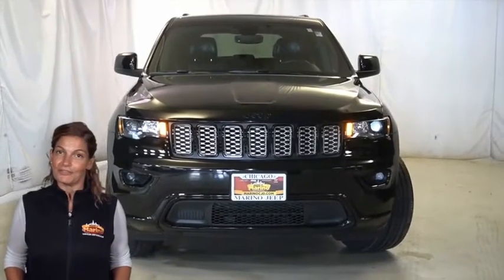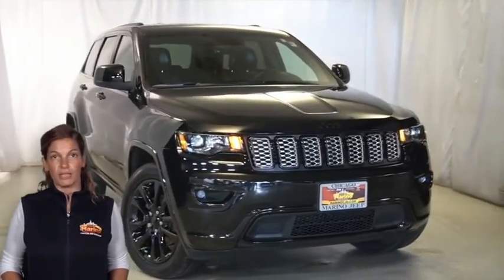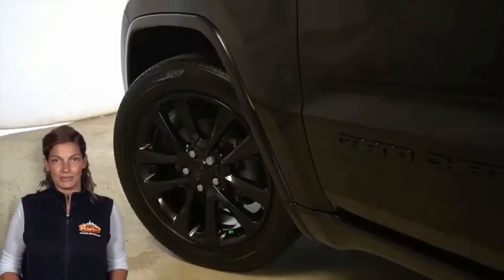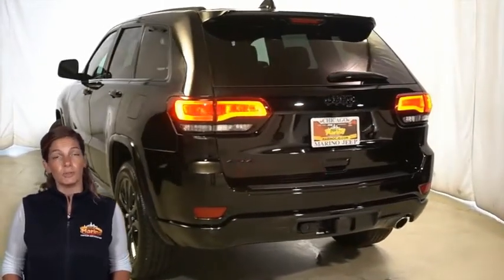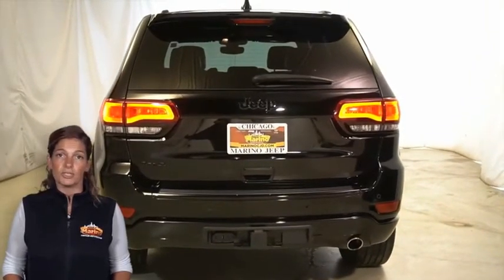Have you been looking for the perfect certified pre-owned SUV with all the features, reliability, and sleek style you can imagine? Take a look at this 2017 4x4 Jeep Grand Cherokee Altitude Edition in Diamond Black Crystal Pearl. With bi-xenon HID headlamps in a gloss black bezeled finish, premium LED fog and daytime runners, 20-inch gloss black aluminum